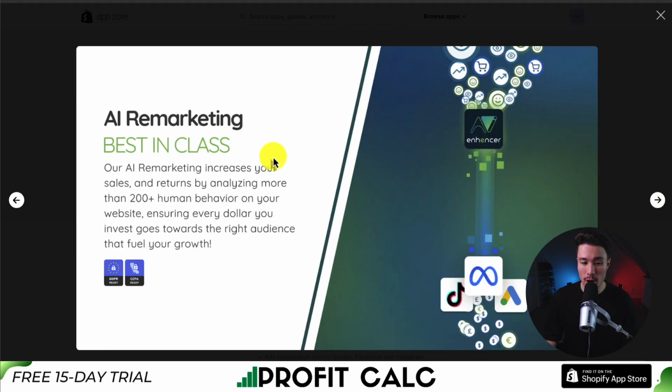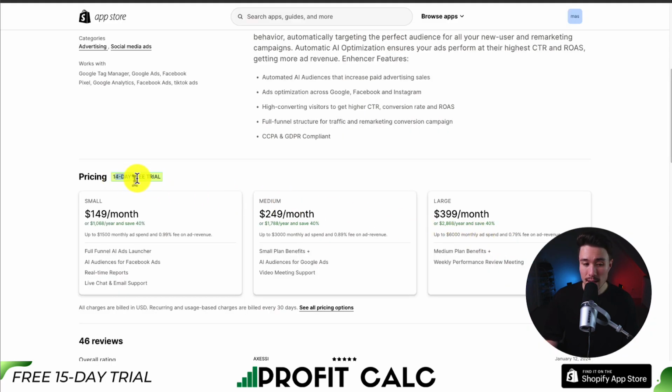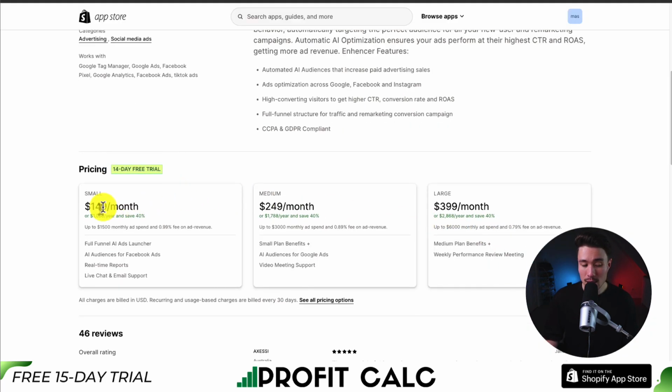It's also going to do remarketing too, by analyzing more than 200 human behavior actions on your website, ensuring every dollar you invest goes towards the right audience to help fuel your business's growth. In terms of pricing, there's a free 14-day trial. And the small plan is going to be at $149 per month and up to $1,500 in monthly ad spend,